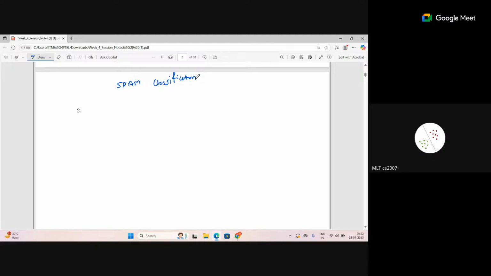It is not like the sender will send the email to your spam box. They will send it only to your email ID. It is decided in between: from the sender the mail will go, and then based on that email it will be decided whether it goes to your inbox or your spam box. Sometimes, let's say IIT Madras sends you an email, sometimes it will come to your inbox and some emails go to spam. Why does that happen?